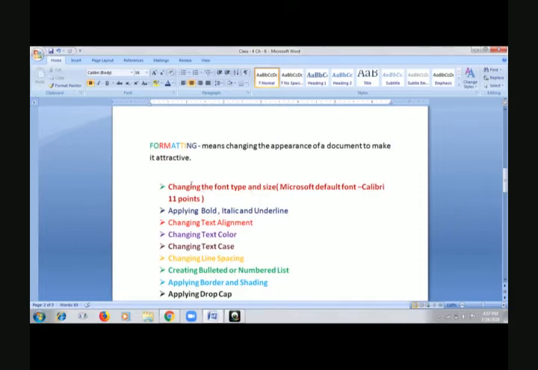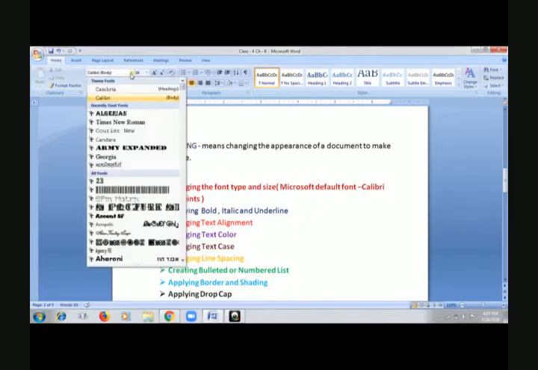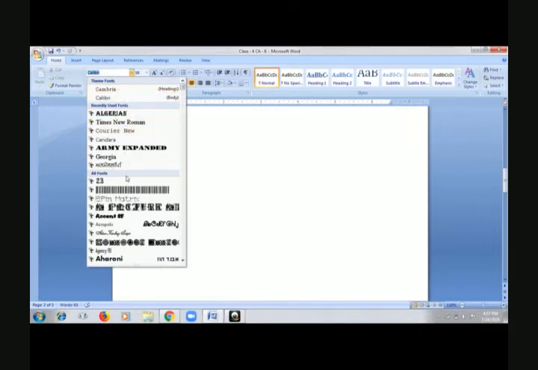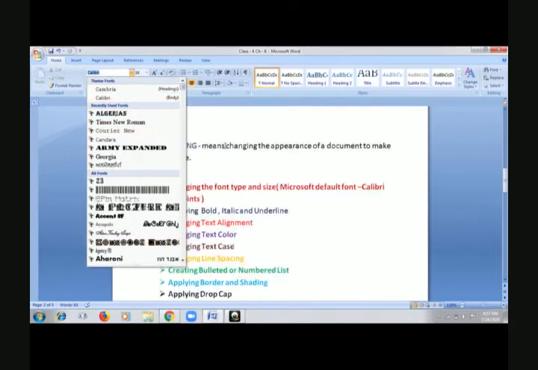See my cursor, I am moving above. Here this is written font. This block is totally for the font. Now here is this font face. There are a number of types of font faces available right here.